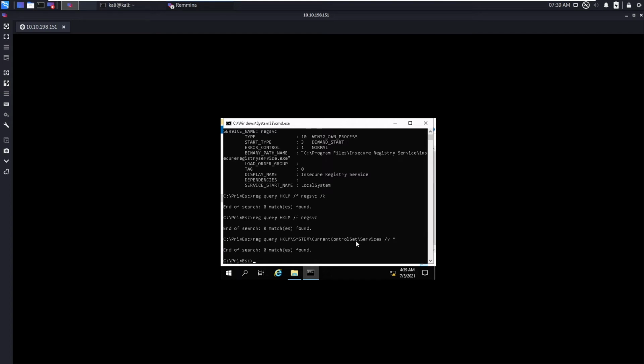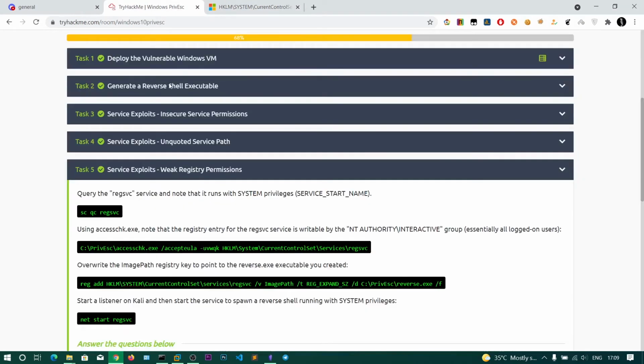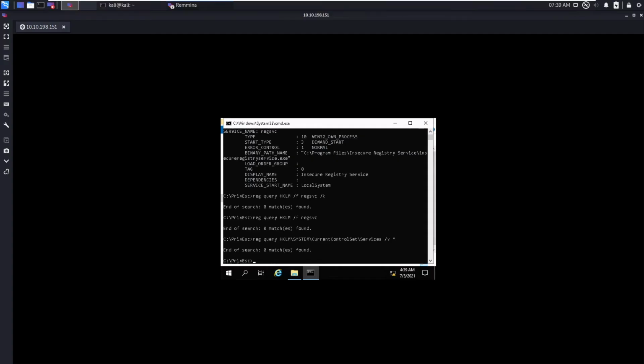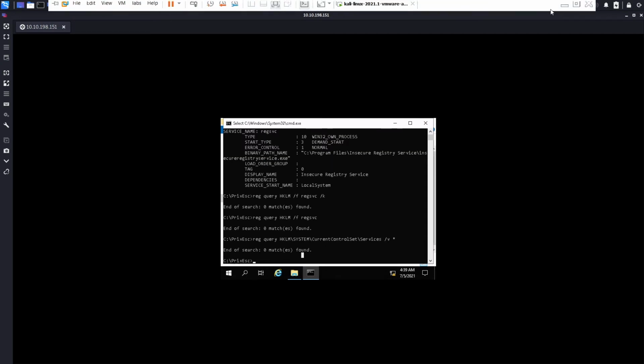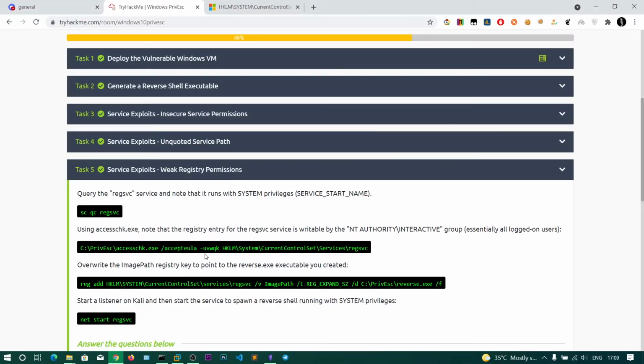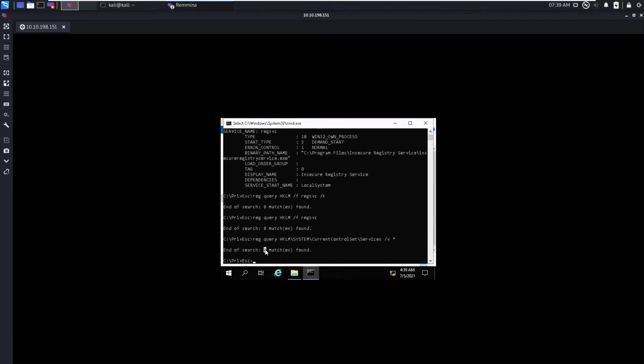It's pretty weird. So control set services. I think let's just copy this one. I think the case sensitivity is giving us the problem.